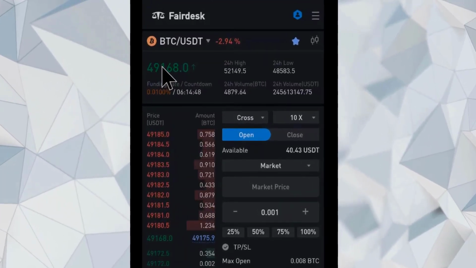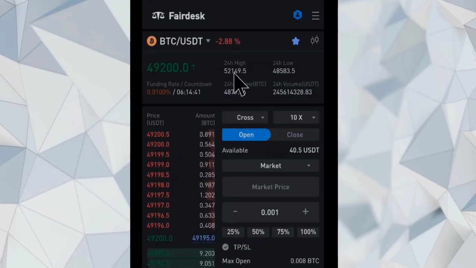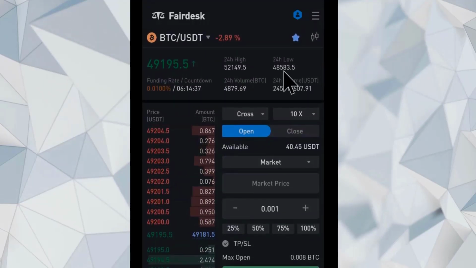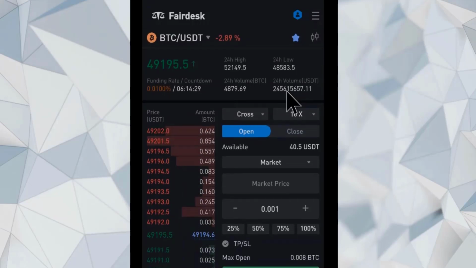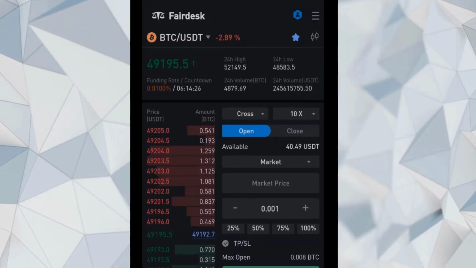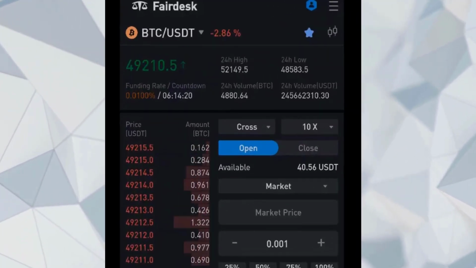At the top here, we have the current price of Bitcoin, and you can also see the highest price that Bitcoin has traded in the past 24 hours, and the lowest price that Bitcoin has been traded in the past 24 hours. We have also the trading volume in Bitcoin and USDT, respectively, in the past 24 hours in this platform. If you click on this candle icon here,